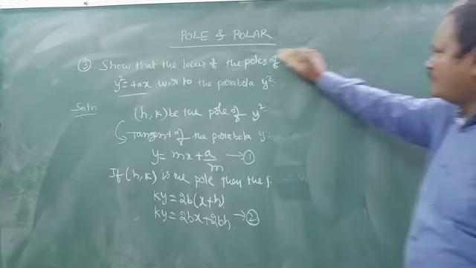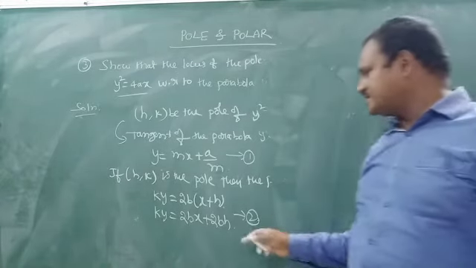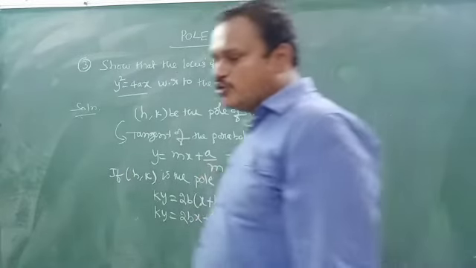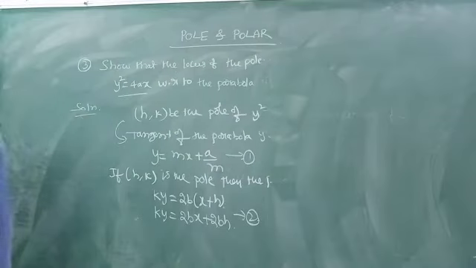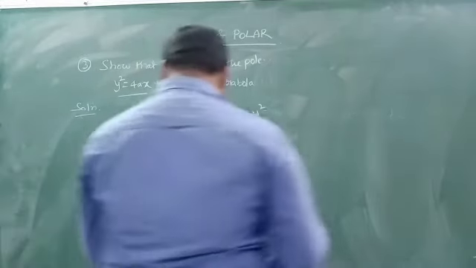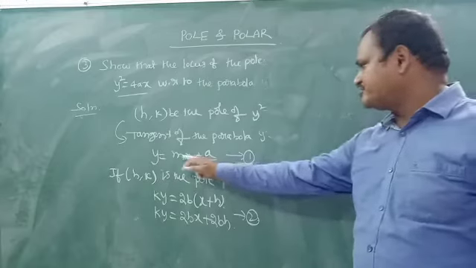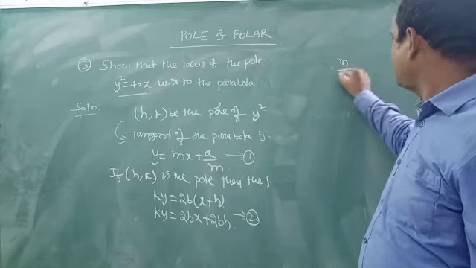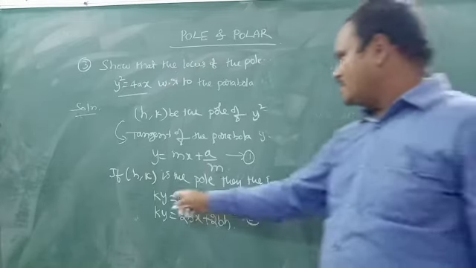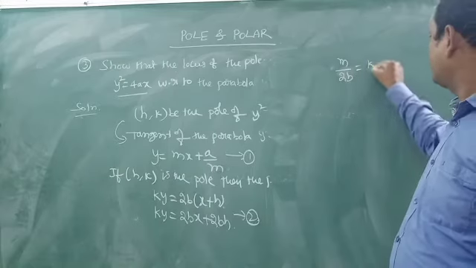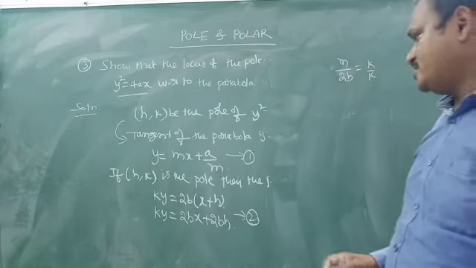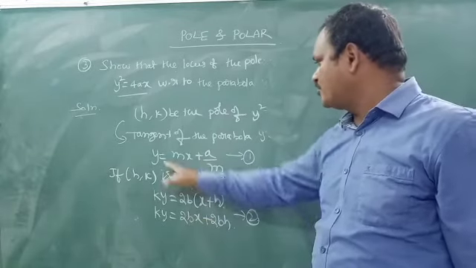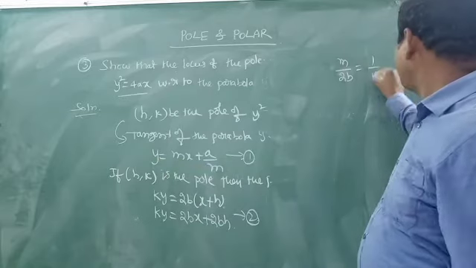Now you see what we are going to do. Once they are the same lines, here the x coefficient is 2b, so 2b by m. What we are having is k equal to 2b by m, right? Here the x coefficient is m, here the x coefficient is 2b, that means m by 2b is equal to k by k, like this. The y coefficient, m by 2b is equal to the y coefficient, which is 1 by k, like this.